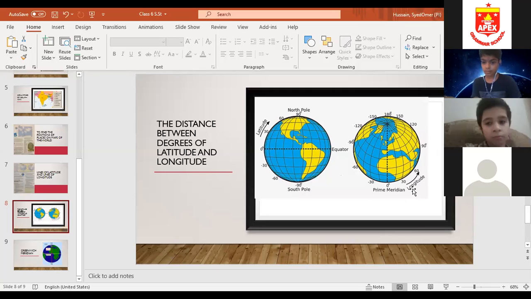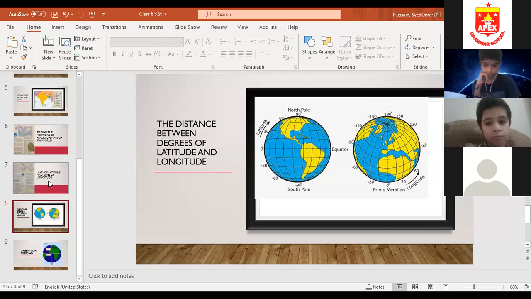Similarly, if we look at this one map, it is showing the lines of longitude. They are telling you about west and east. Okay, so 0°, 30°, 60°, and 90°. This one is west, and the minus one is east. No, sorry, this one is east, which is coming on this side. This is east, and the minus one is west. So this one is west, and this side is east.